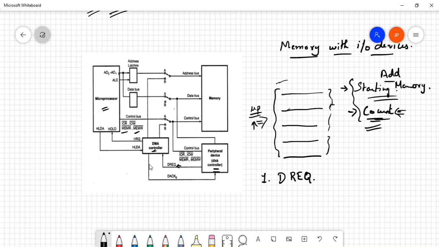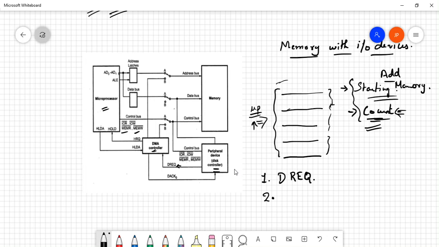The next is the initialization process. Whenever you want to transfer some data, the DMA controller will not know whether the programmer is planning to transfer data or what the current status is. So the information has to come from the processor itself.